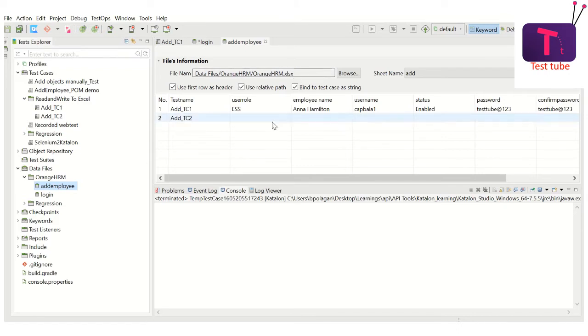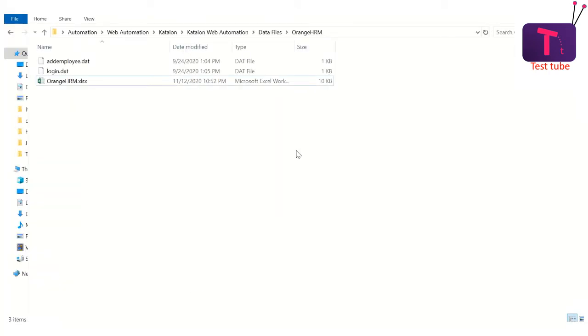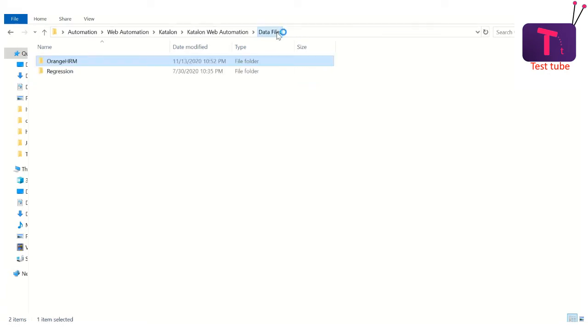So you have to link that Excel sheet every time manually in these folders to map to those Excel sheets. To avoid that, if you check this box, use relative path, wherever you move this entire project, it will be automatically mapped to that Excel sheet which is stored in the relative path. And conventionally, I'm maintaining my relative paths inside these data files.